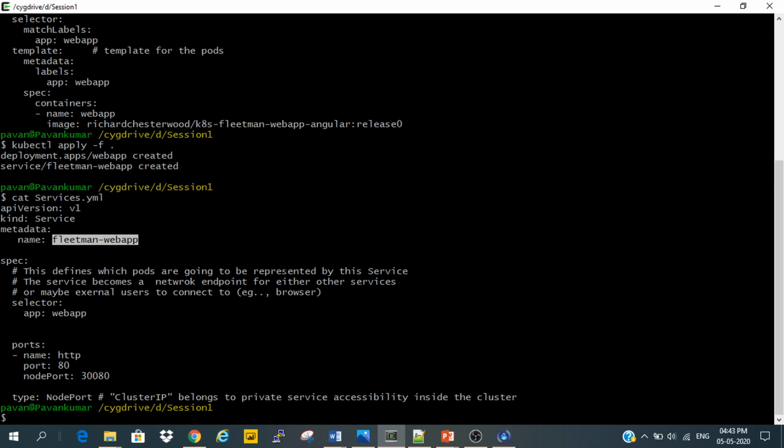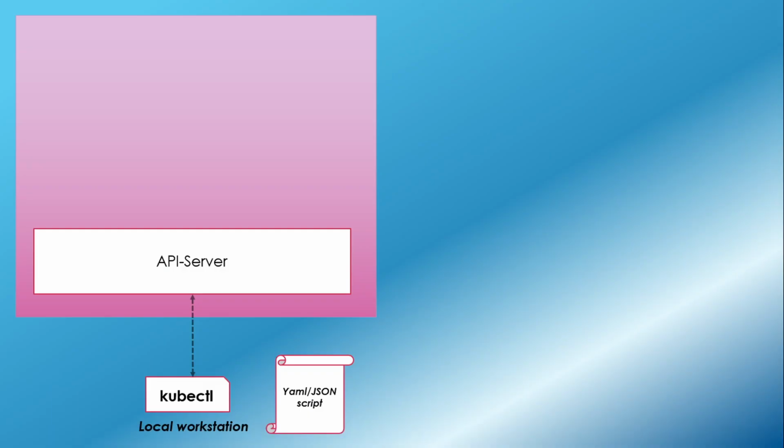Okay, now let's go to the architecture. API server. Now we told the API server. What does the API server do now? This API server will validate our changes. Is the manifest which we have written in our YAML file right? Any syntax issue, or is everything fine, or do we have that requirement? So it will analyze all these changes and explain to the etcd, please maintain this state, we have certain requirements, and everything should be informed to the etcd.